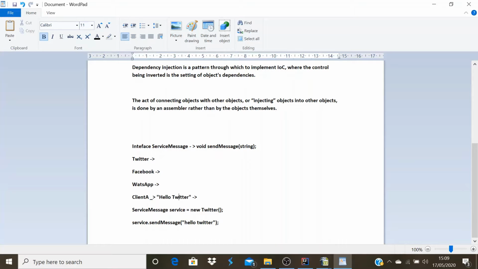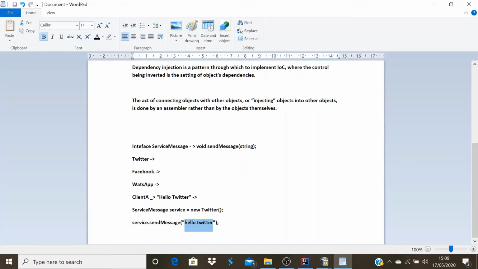To create that object, I need to know which class is implementing the Twitter service. Here I have created an object, messageService, and I'm instantiating this object with the Twitter class. And I'm calling sendMessage using this object. That will invoke the Twitter overridden sendMessage, and it will send the message to Twitter.